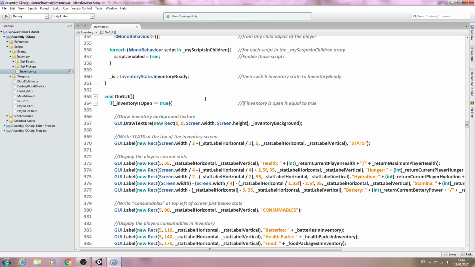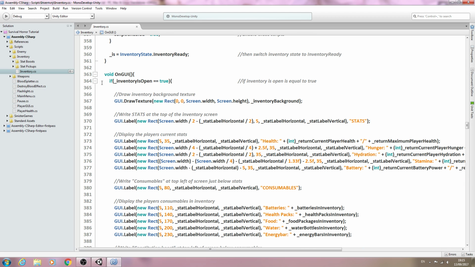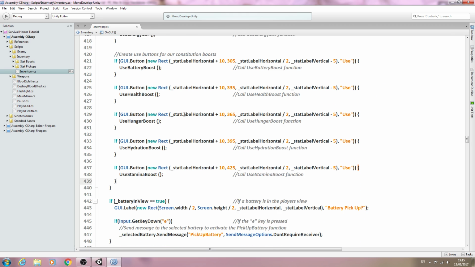So in this lesson we're continuing on with displaying our ammo count within our inventory screen. In the last lesson we got the variables into place and we're also returning those numeric values. However, we have no way to display them at the moment. So we're going to fix that now, and what we're going to do is come to the void OnGUI,